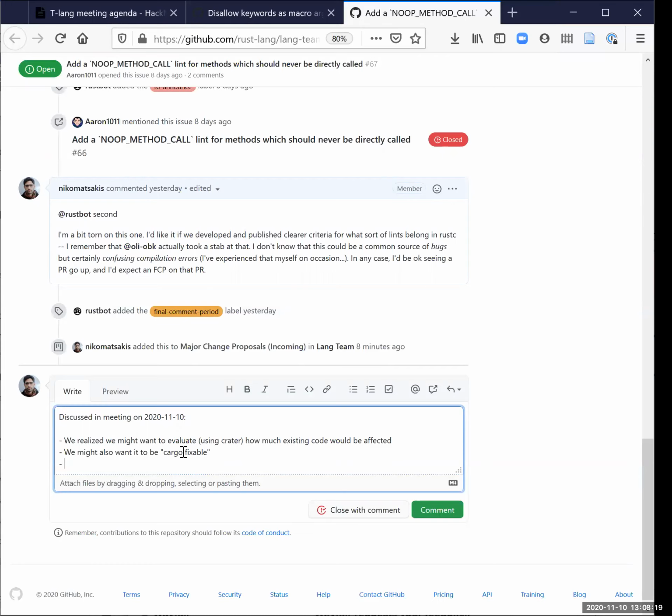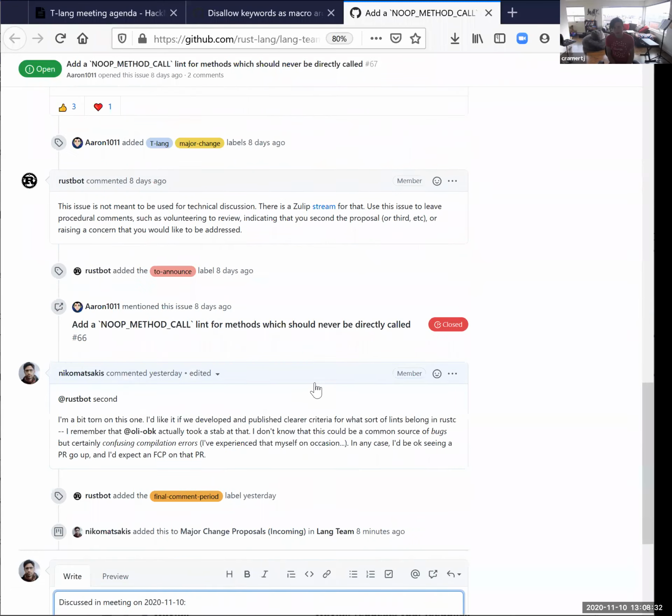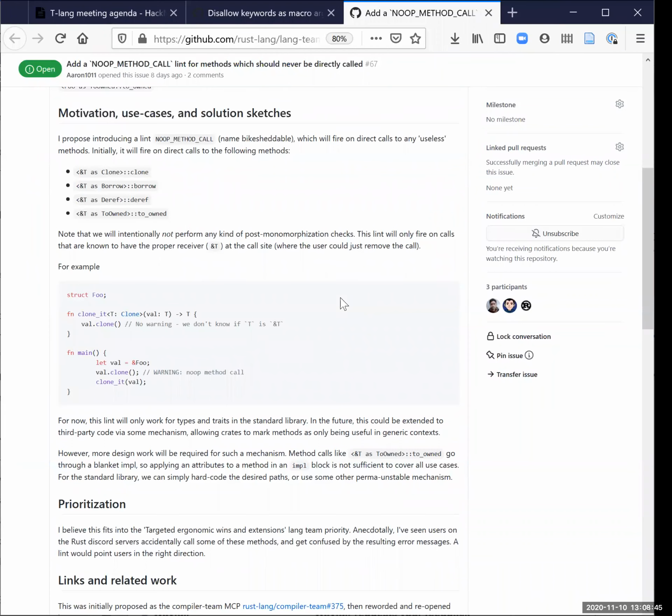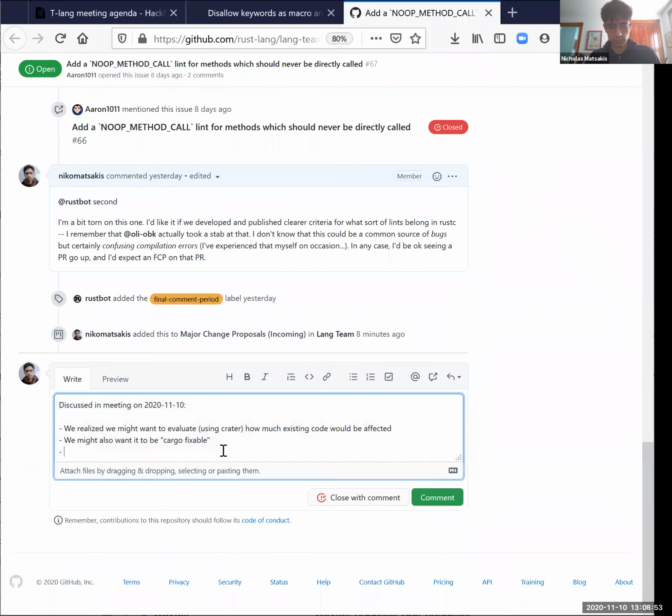Yeah, you're right that you could mess it up. And presumably this is only linting when it's actually in method call position and not if you're calling it via UFCS or something. That's right. Okay, thanks. Actually, I'm not sure about that point. Probably, but it says here that if you call it as Clone::clone, I might want this anyway, right? Yeah, I don't know. You could ask a question. I'm not sure about that.